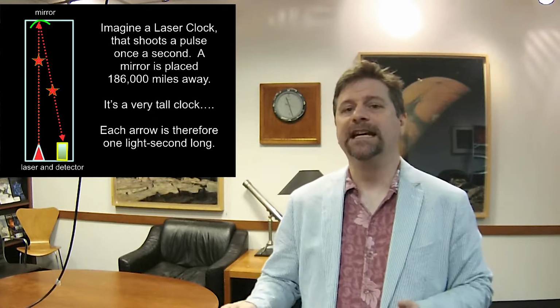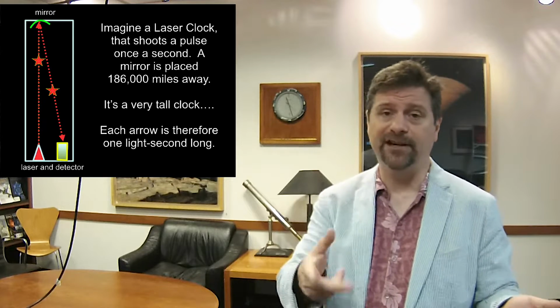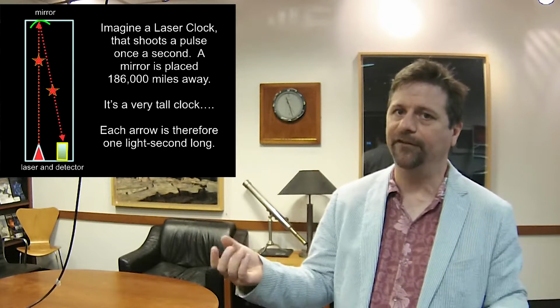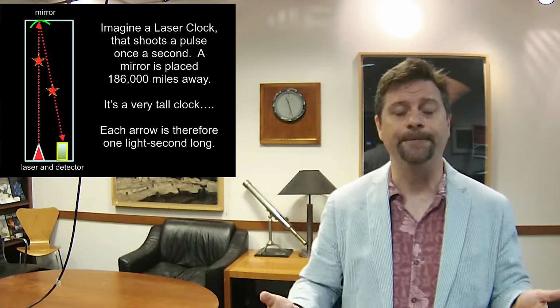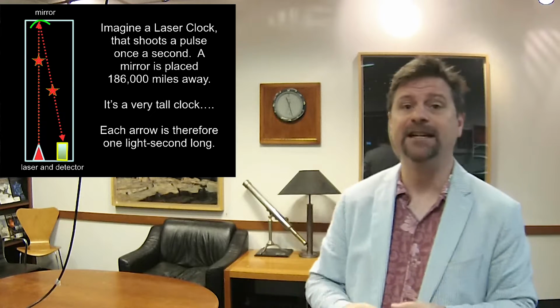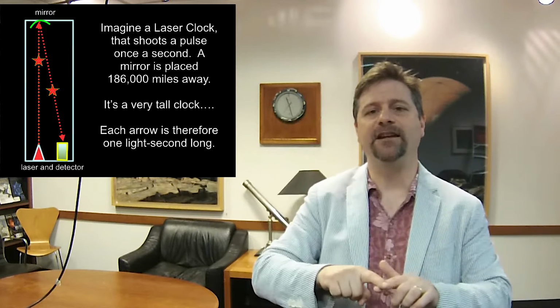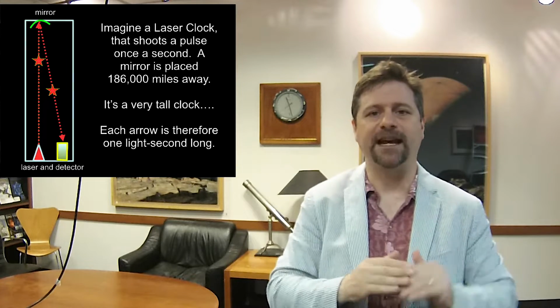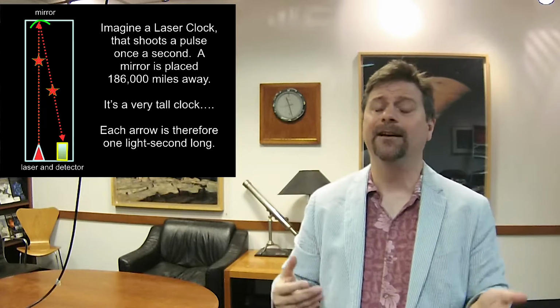Okay, so I see that it ticks once every other second. Remember, it's 186,000 miles long, so it flashes, ticks, and goes there. So it is a 2-second round trip. I could cut that in half, but I like the idea of going to the moon and back in a second and a half. So in 2 seconds, we have a tube. It goes up and down inside of 2 seconds. Let's cut it in half so it's 1 second long. 1 light second long. Well, it's a light second high tube.